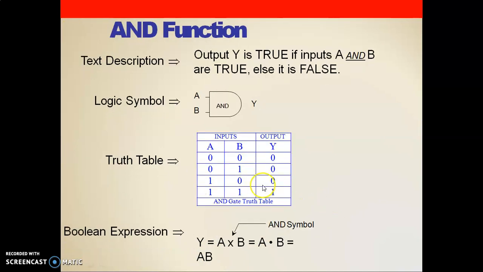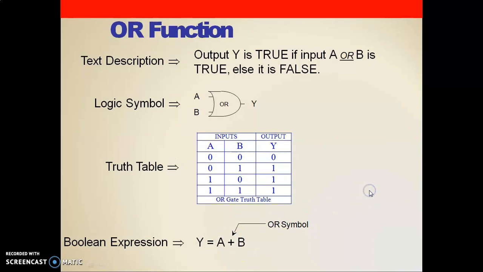the truth table clearly shows whatever the inputs. The AND gate has two inputs and a single output. See how the truth table looks: 0 into 0, 0. 0 into 1, 0. 1 into 0, 0. 1 into 1, 1. It clearly specifies that AND just performs the multiplication function.